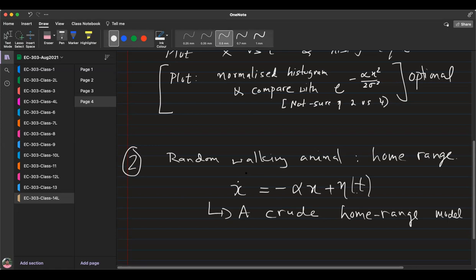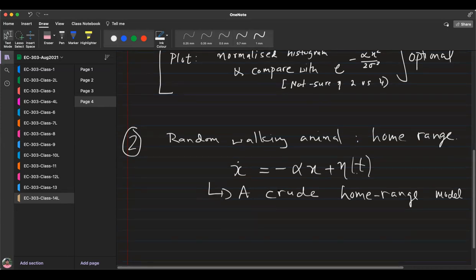But look at this. What is this doing? This is doing it in a slightly more mathematical way. Basically, what's happening here is the farther you go from the origin, which could be thought of as home, x star equal to 0 as the home, the stronger the deterministic pull towards 0. So the home is modeled as a deterministic pull towards 0, and the animal is always moving randomly. The randomness is independent of where the animal is.